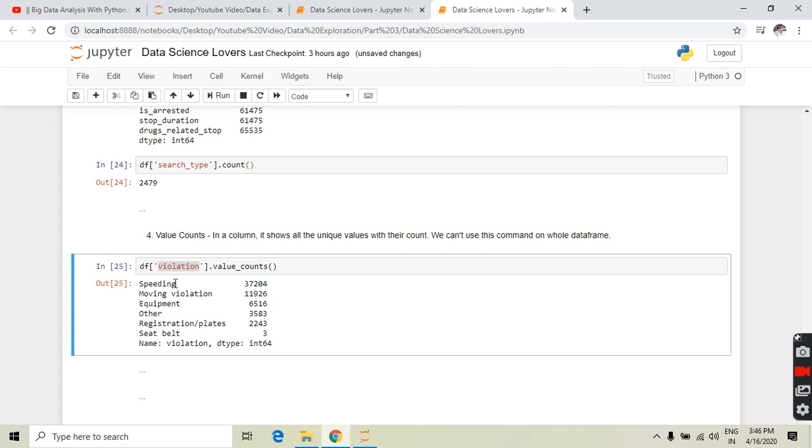It means speeding is occurring 37,024 times in the column, other is occurring 3,583 times in the violation column, and the seat belt value is occurring 3 times in the column. Alright,